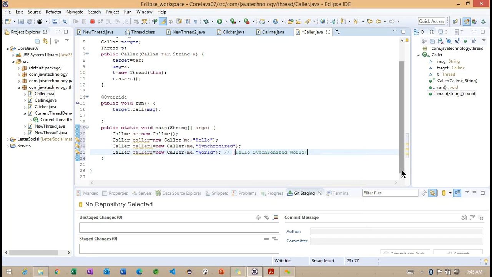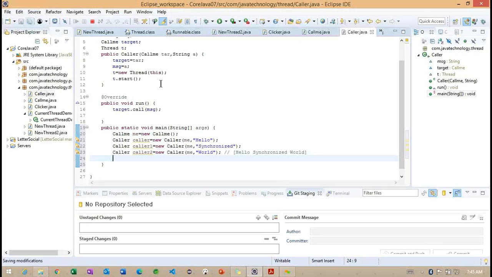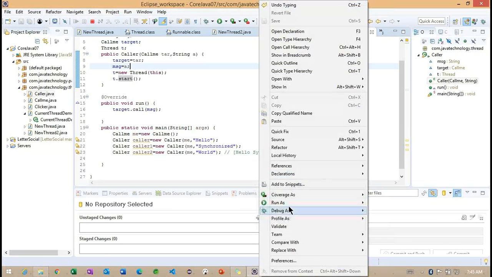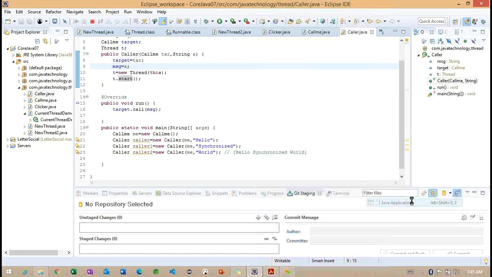Okay. And after this, simply this is enough, because internally the thread is going to start. So let's see what output we are going to get here.